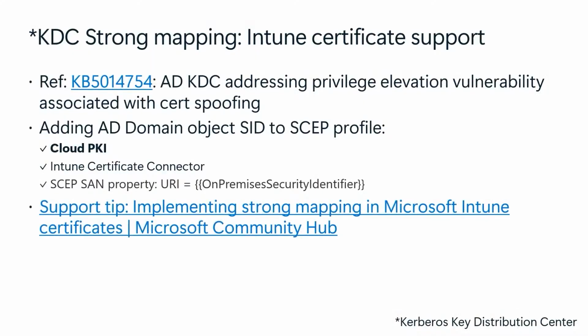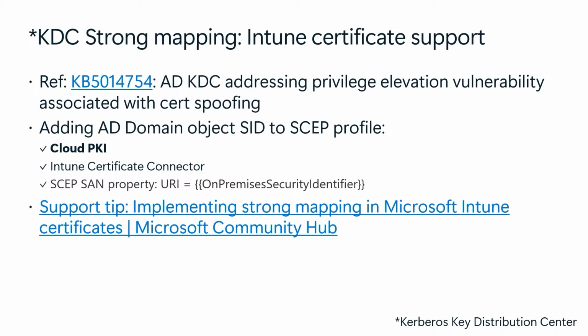Jack, you want to just add some additional comments? Yeah, no, I was going to say, so much work on this. Yeah, I think you've done a great job covering it. The key point of the KB is that there's an absolute mapping of an immutable property between the certificate and an Active Directory object, whether that be a user or a computer object. So by populating the on-premise security identifier, which is a property that gets generated on a domain controller, it allows